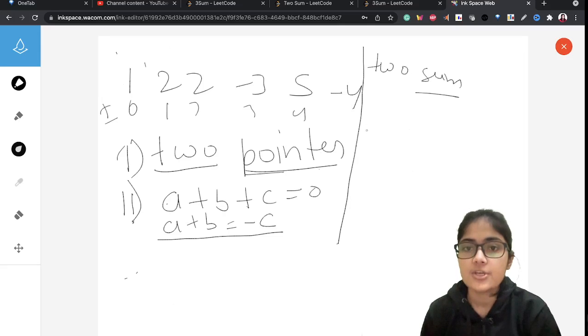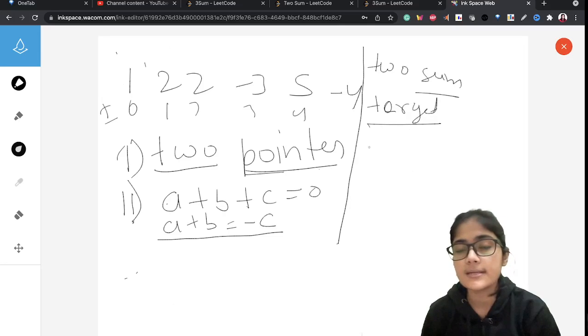In the case of Two Sum, we will get some array like the one you are seeing, and you will be given one target, and you have to return the set of all the numbers whose sum is that target. So in that case we simply sort the array.